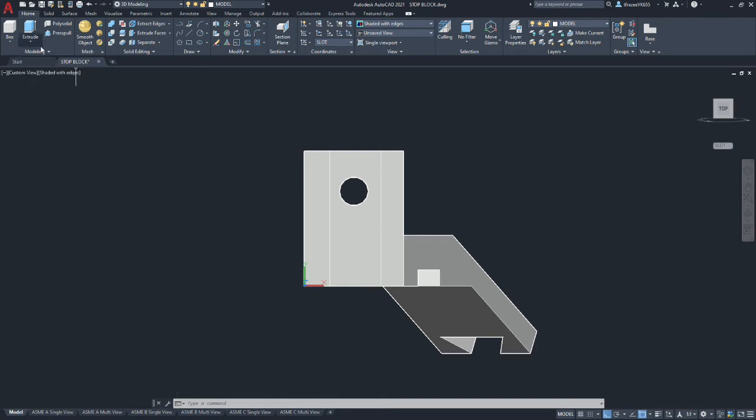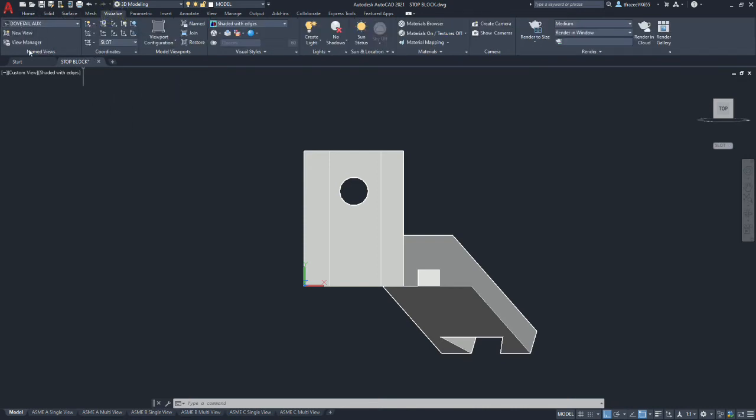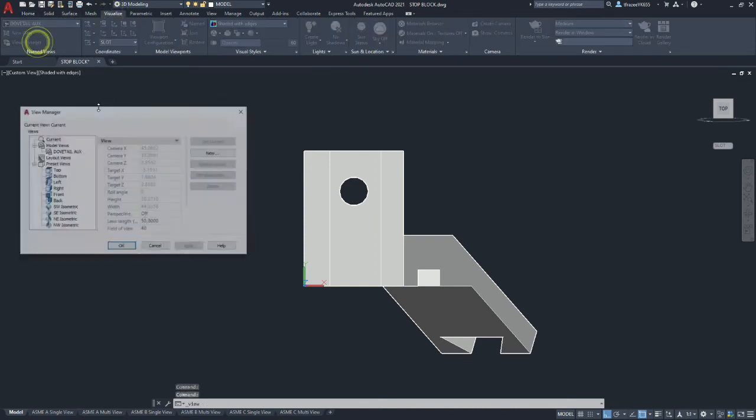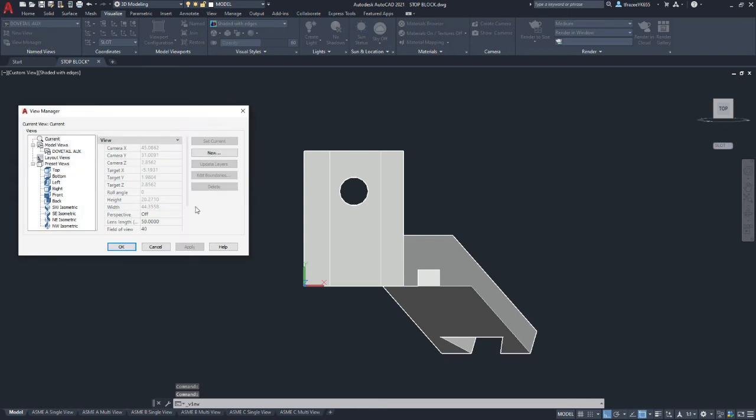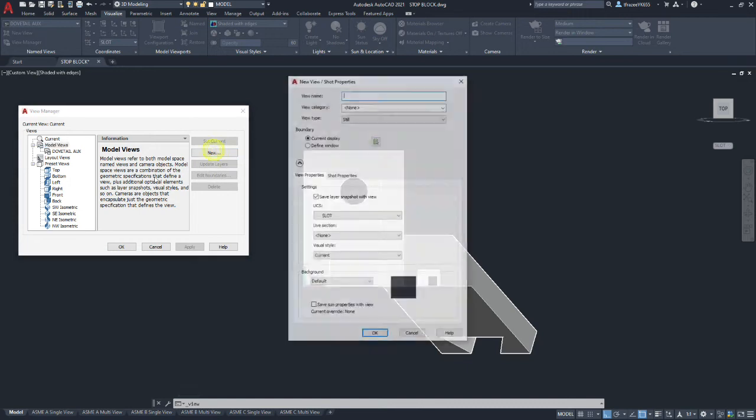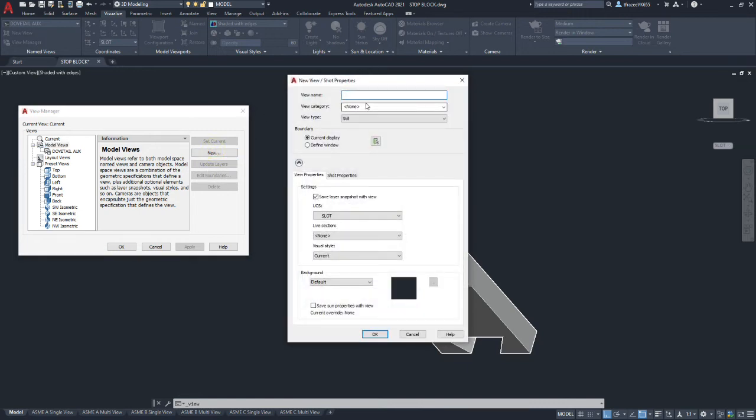Now what we will do is go back to the Visualize tab, go to the View Manager and create a new view using this angle here. So it's going to be a model view. We're going to create a new one. We'll call this slot auxiliary, or aux.